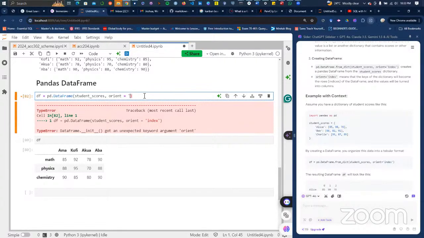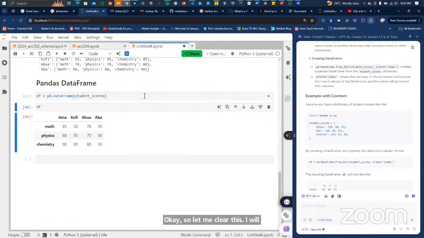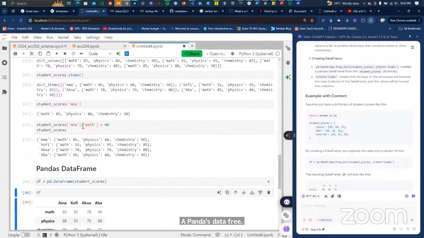Okay, so let me clear this. I will explain why it is behaving this way. Let's clear this. So in a basic form, this is how you convert the dictionary object into a pandas DataFrame.